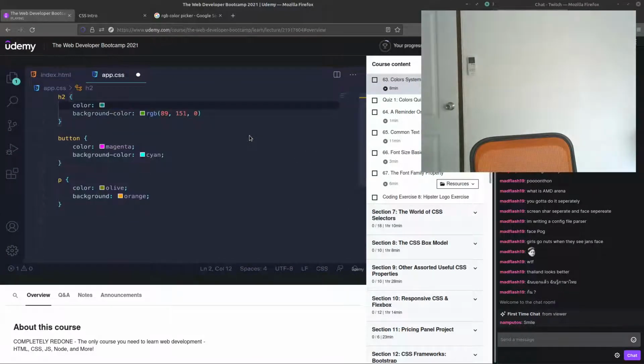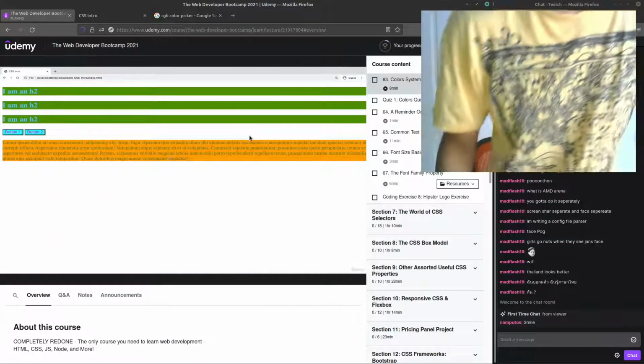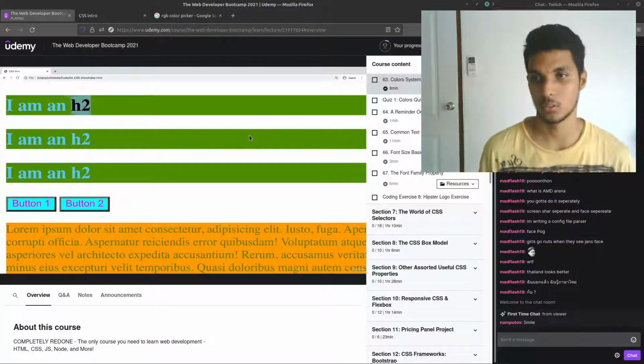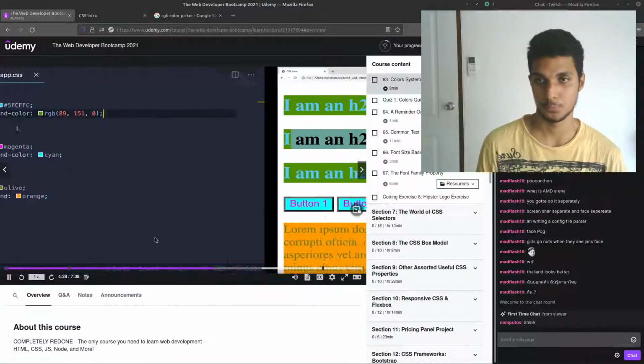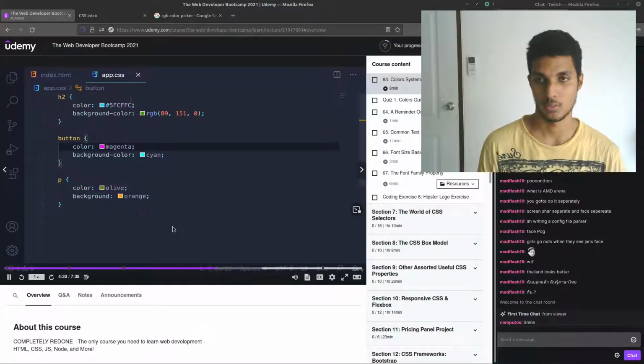Let's use it for the color of my text. There we go. Let's refresh. And you can see I'm getting that color here. So very easy to use. You do not need to really do